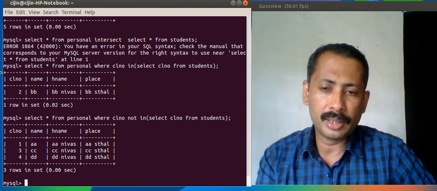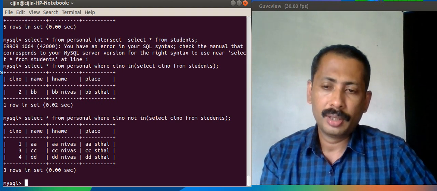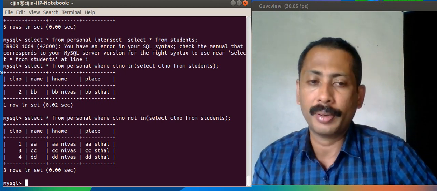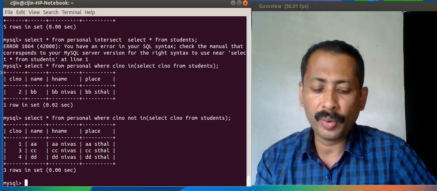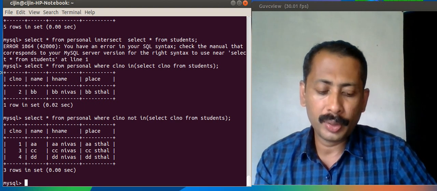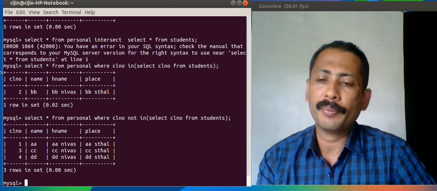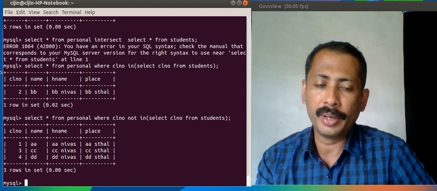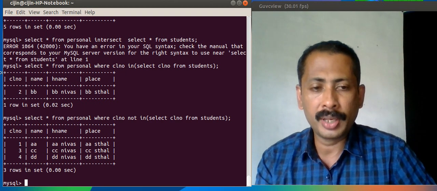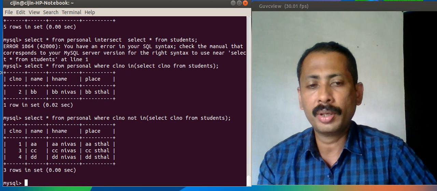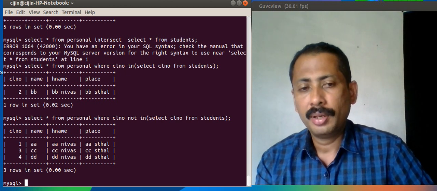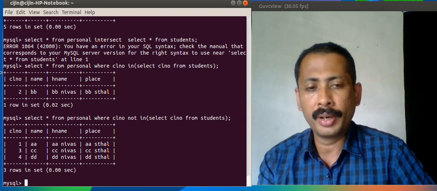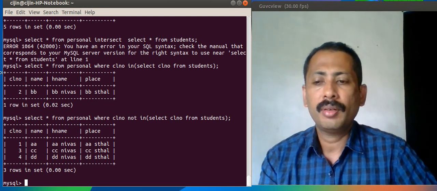Here we can also see that there is a record called 5, but it is available only in the second table. 1, 2, 3 and 4 are available in the first table, and 2 and 5 are available in the second table. So first minus second means the records which are available in the first table but not in the second table. If I do second table minus first, it means records which are available in the second table but not in the first table.